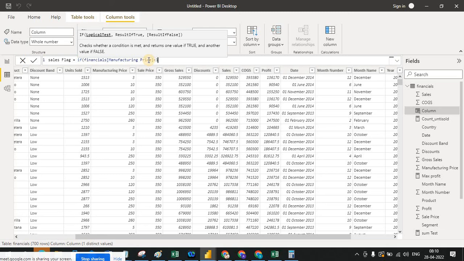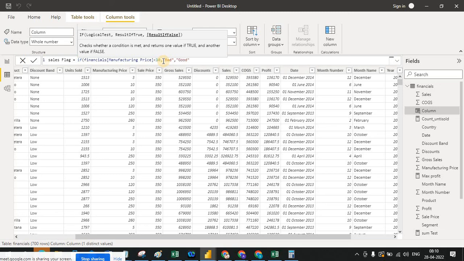If you give if, it will ask for a logical test. On which column do you want to do the logical test? I want to do it on manufacturing price. So if it is less than 10, it's bad, else